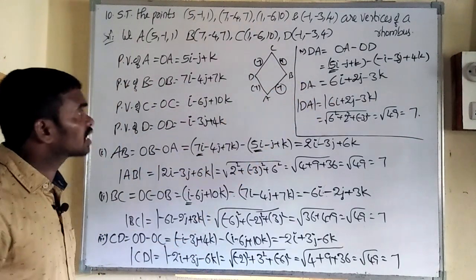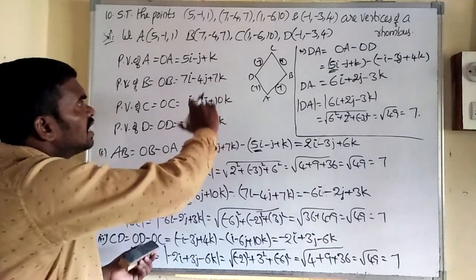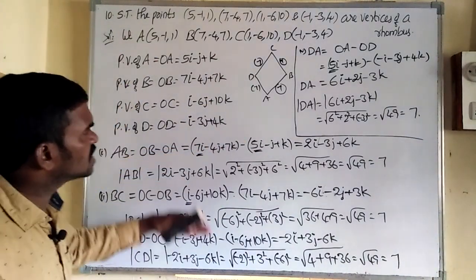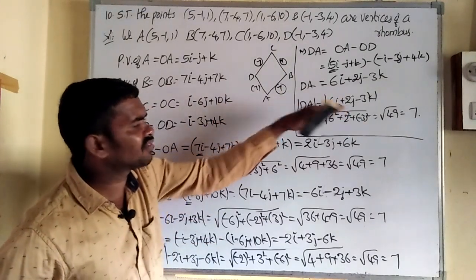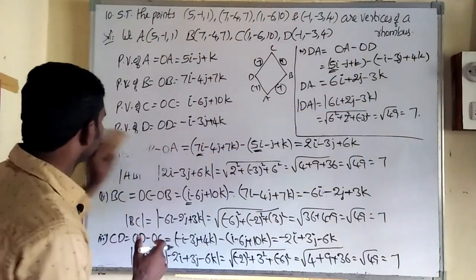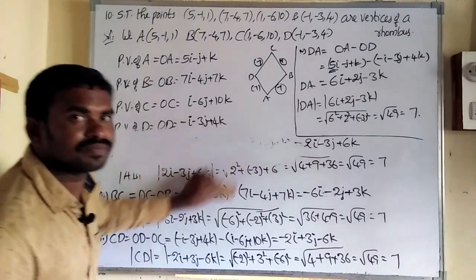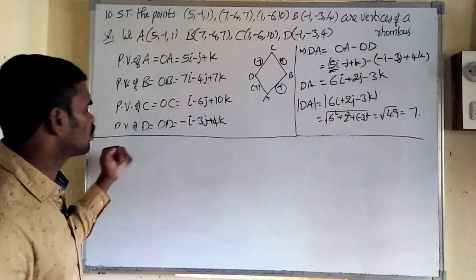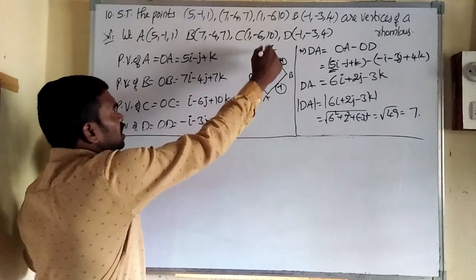Okay, I am removing this. Then after, I will find the diagonals AC and BD. Can I rub this? Note down as easily up to here. Next, after finding the four sides, I am going to find a diagonal. So the first diagonal is AC.